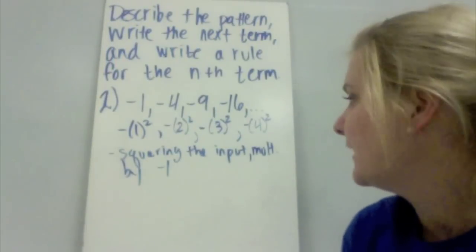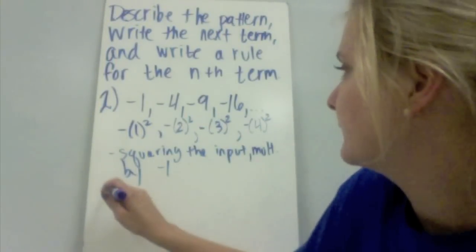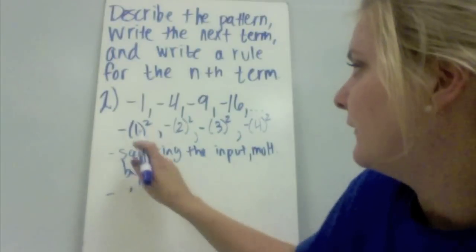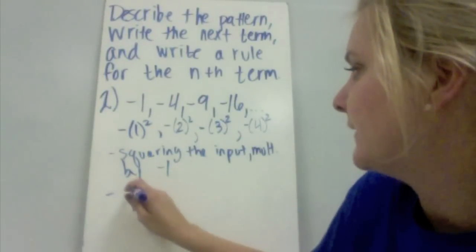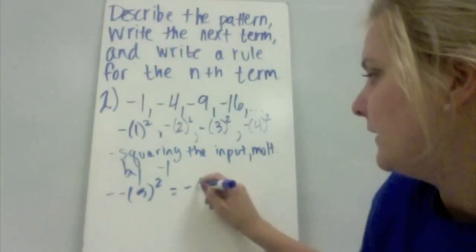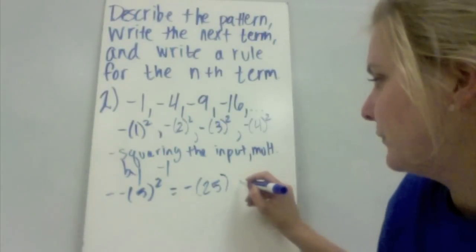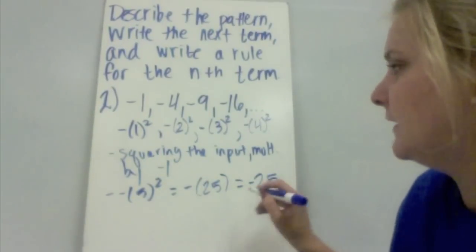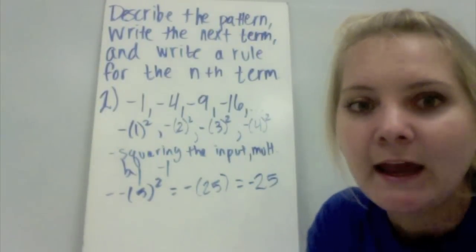So to write the next term, we went 1, 2, 3, 4, so our next term will be 5 squared, but then we're negating it, so that will equal -25, so my next term would be -25. And the rule there